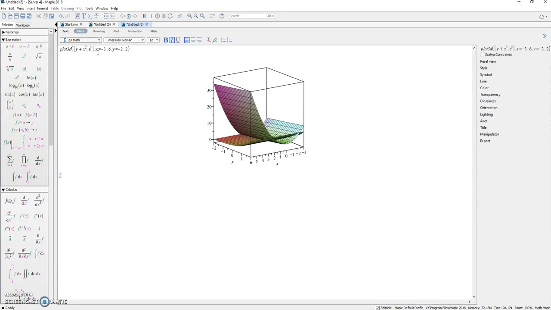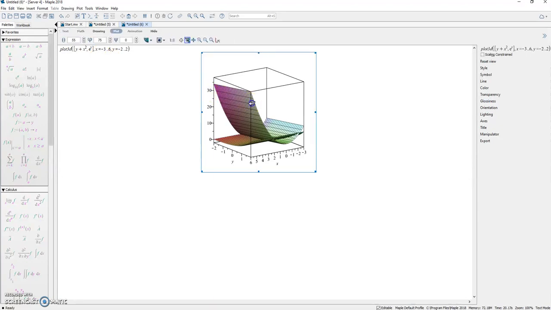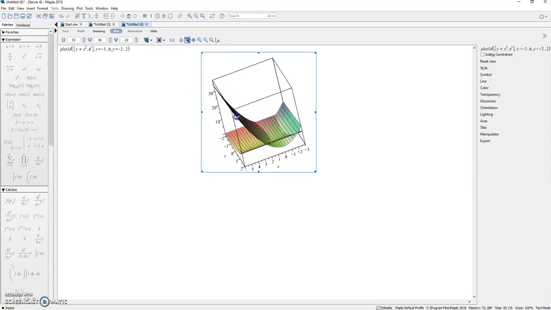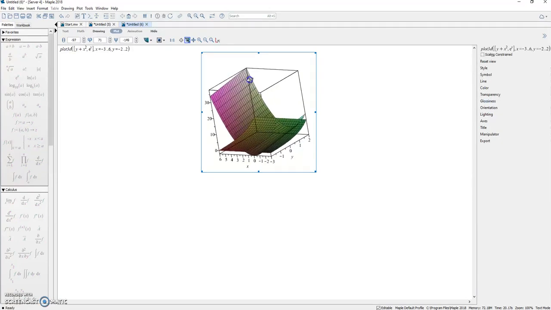Note that we can graph as many functions as we want on the same picture. Note also that we are able to move the graph to view the three-dimensional image from different viewpoints. Using the mouse, simply click on the graph and move the mouse up, down, left or right to view the